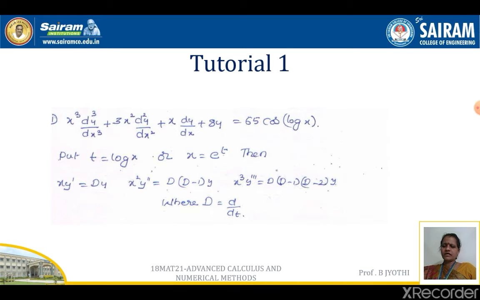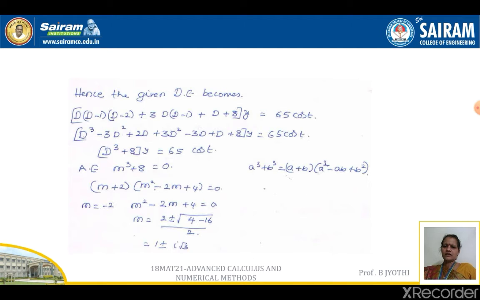Then we get x into y dash is Dy, x square y double dash will be D into D minus 1 of y, x cube into y triple dash will become D into D minus 1 into D minus 2 of y, where D is d by dt. So on this substitution, the given equation reduces to D into D minus 1 into D minus 2 plus 3D into D minus 1 plus D plus 8 of y is equals to 65